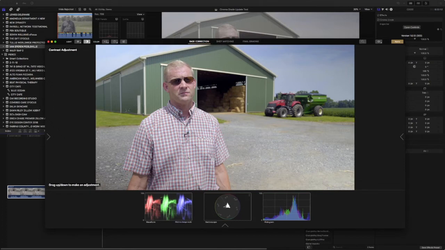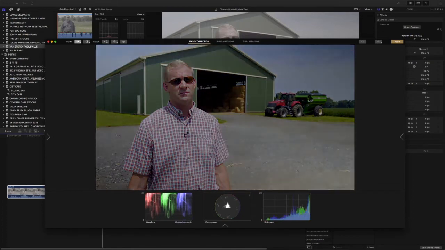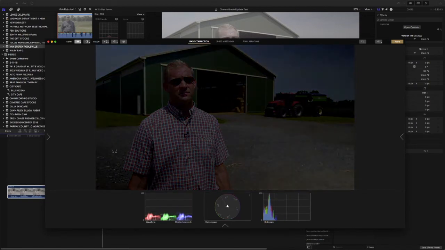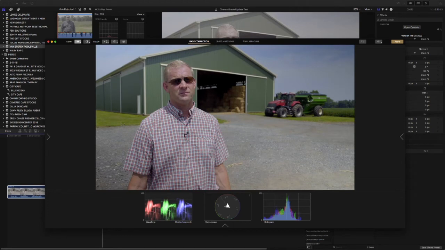And the other nice thing about that is that you can now see the adjustments that you make on your scopes. So if I increase the exposure, you're going to see the exposure scopes go all the way up. If I decrease it, they're going to go all the way down. So now you have a reference point within Cinema Grade that you didn't have before,